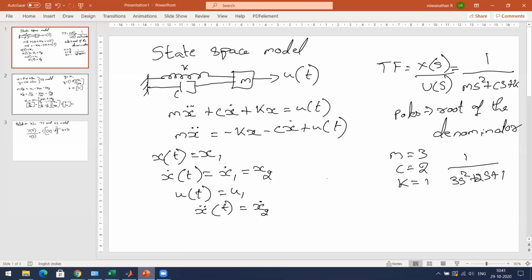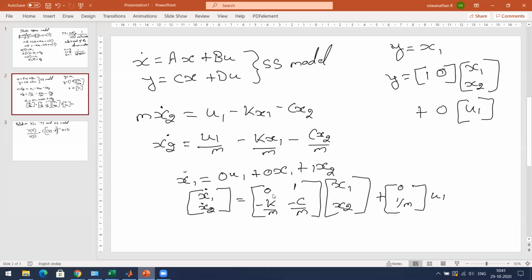Now, if you look at what is the A matrix, substitute the values. A will be equal to what? 0, 1. What is k? K is 1, right? Minus 1 by 3 and minus 2 by 3. We just took m is equal to 3, c is equal to 2, k is equal to 1. So I am just substituting the values. That's all. So this will be the A matrix: 0, 1, minus 1 by 3, minus 2 by 3. Now